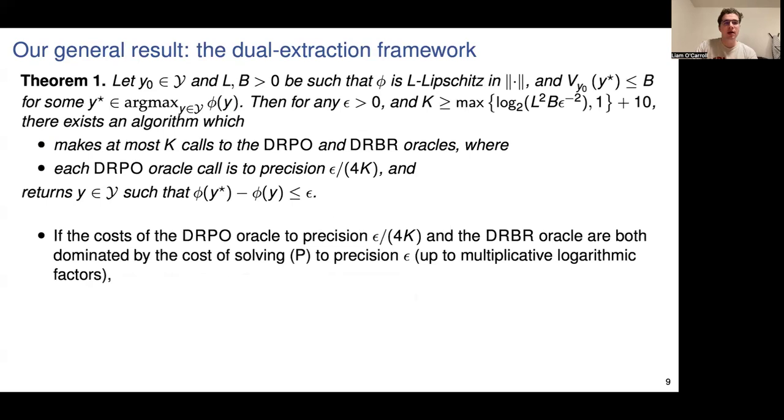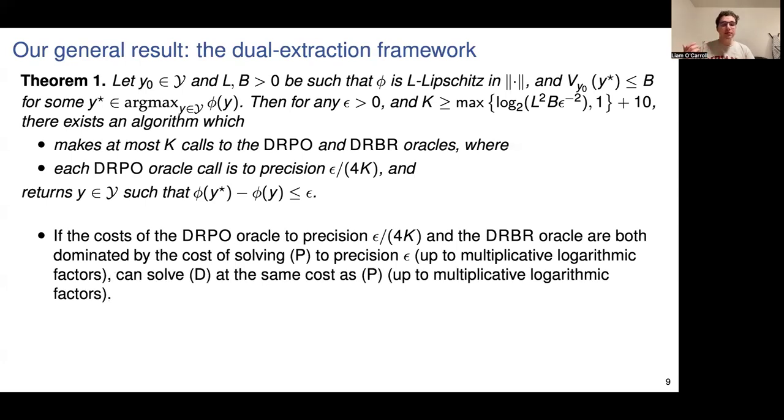And also note that if the cost of the dual regularized primal optimization oracle to precision epsilon divided by a logarithmic factor, as well as the dual regularized best response oracle, are both dominated by the cost of solving the original primal problem to precision epsilon up to multiplicative logarithmic factors,